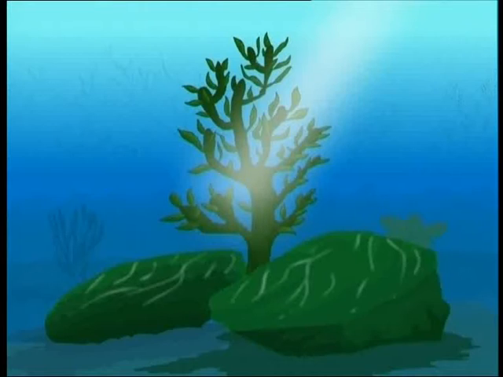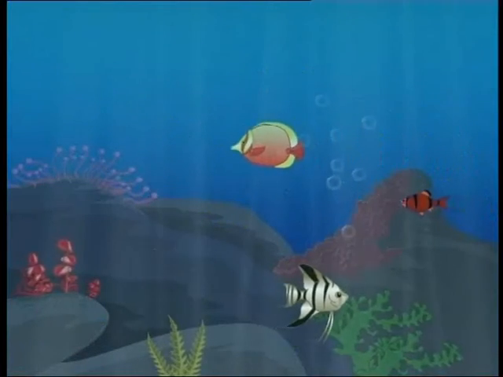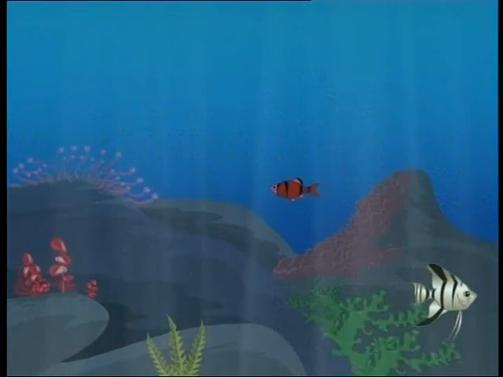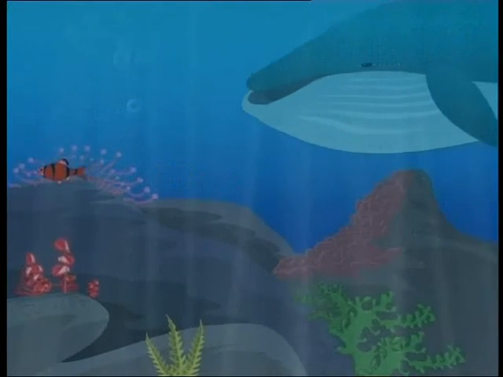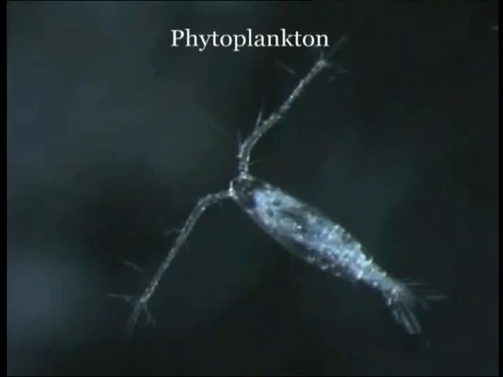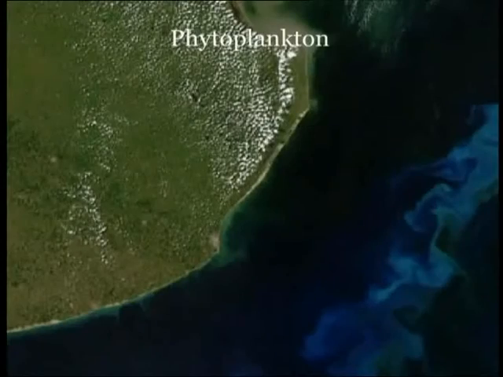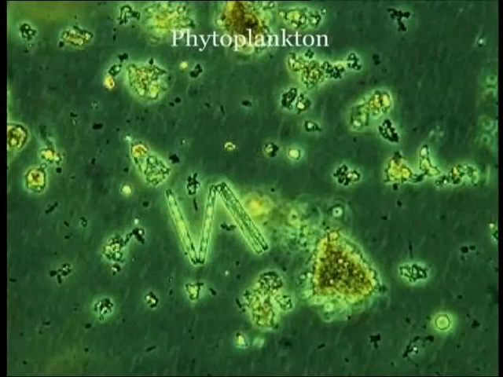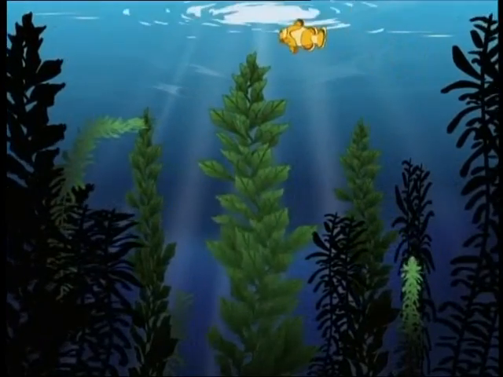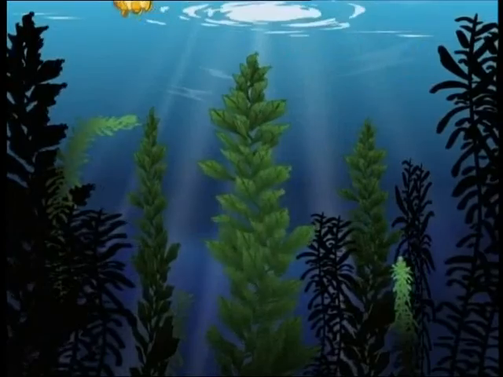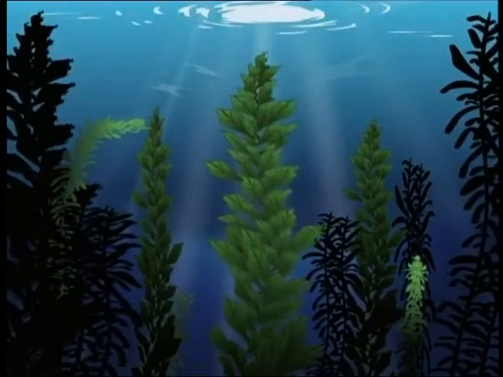Phytoplankton. Plankton, including algae that can trap sunlight and use it to make food, are called phytoplankton. They're tiny plants that serve as food to many of the ocean's creatures, from the smallest of fish to the largest of whales. Some scientists estimate that phytoplankton provide the Earth with almost half of its oxygen. Marine plants live in the euphotic zone, or the topmost layer of the ocean, because they need energy from the